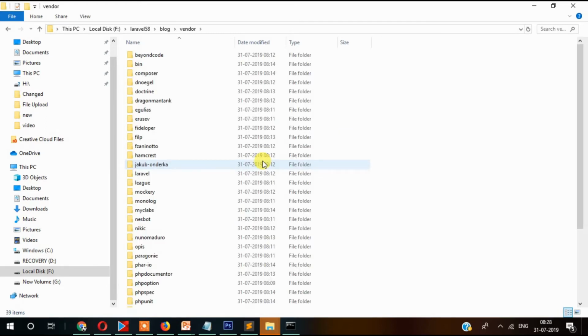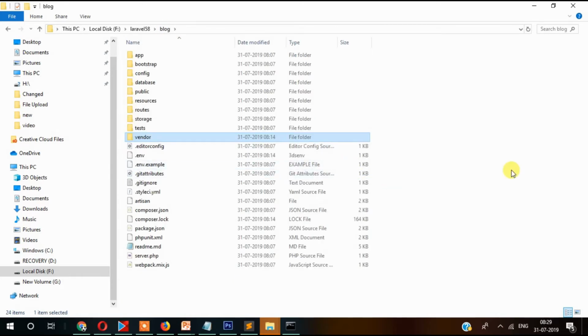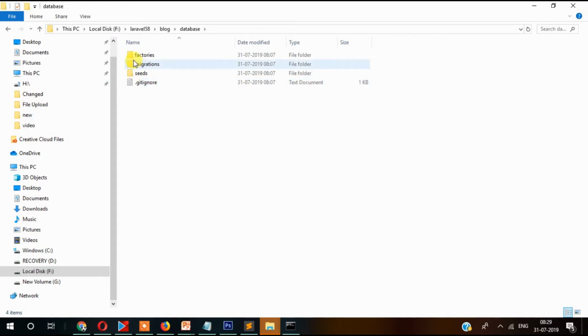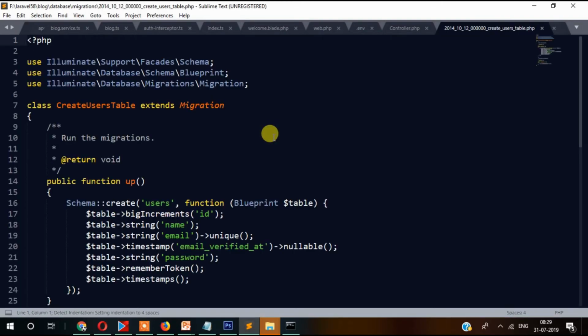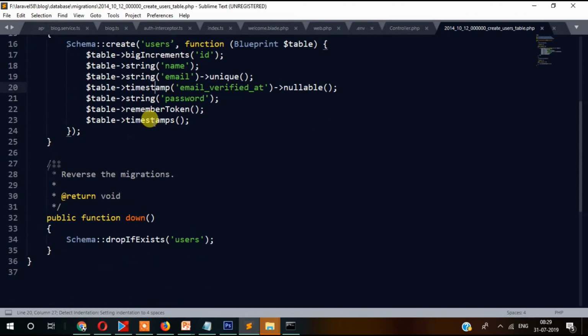And in this vendor folder, we will be downloading other modules from time to time. All the third party modules will be installed inside the vendor folder. And then here is database. Inside database, you can see migrations. All the database schema and database migration files will be written here. You can see here, we will write this kind of schema